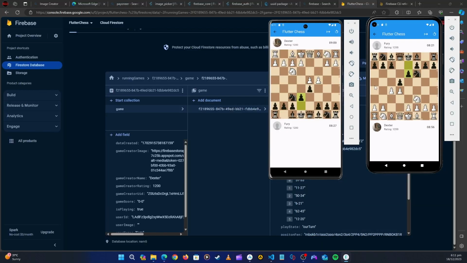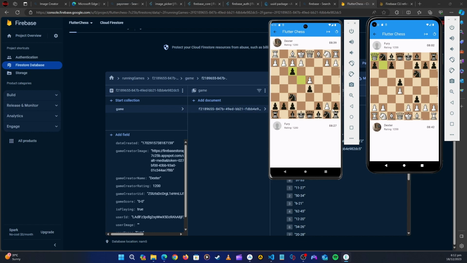Let's continue with this game. Okay, so now it's white's turn. When white continues, then black can continue, white can continue, then black can continue, and then you can do this. But now here, once we capture, we know that we need to promote the pawn. When we capture and promote, we can see that on this side it has promoted, but here it has failed to update. Okay, so that is the reason.